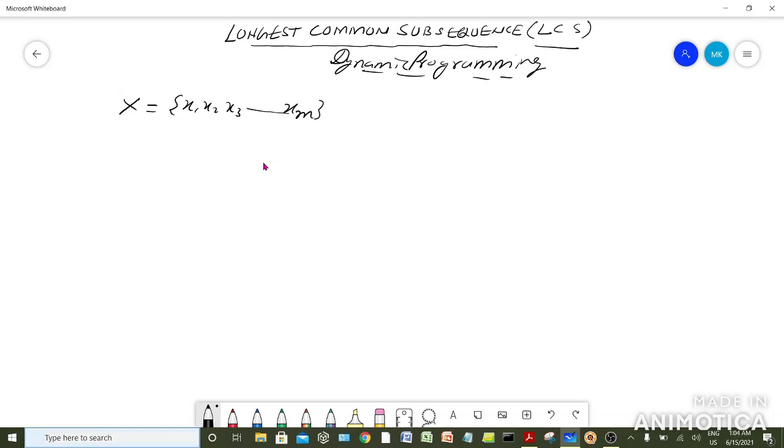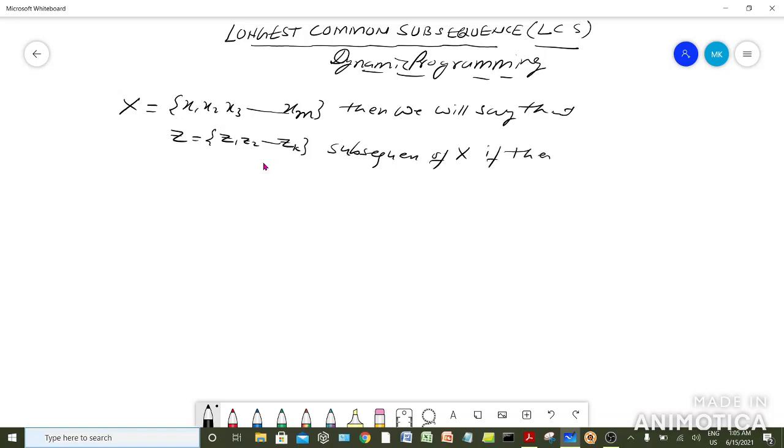Then we will say that Z, which is equal to z1, z2 up to zk, will be the subsequence of X if there exists an increasing order sequence of indices of X